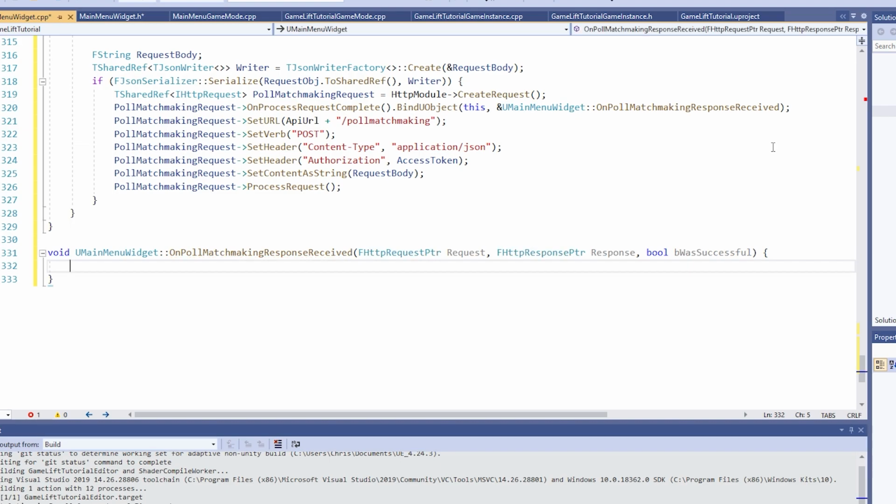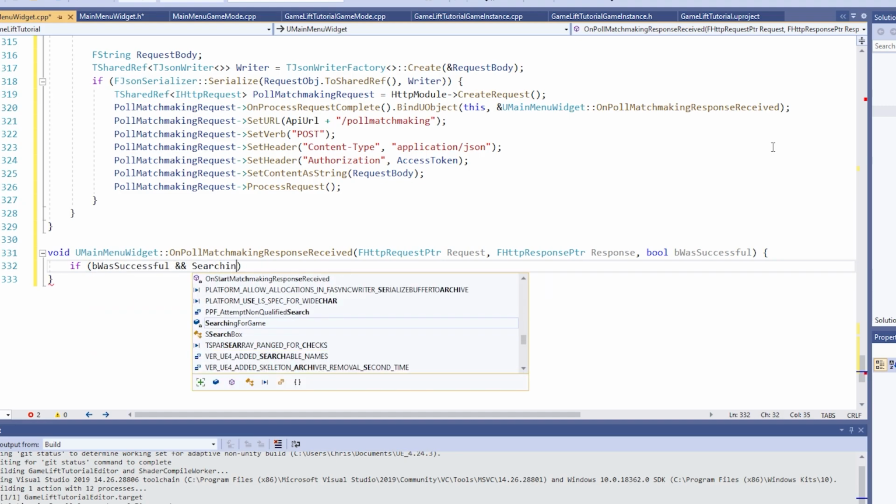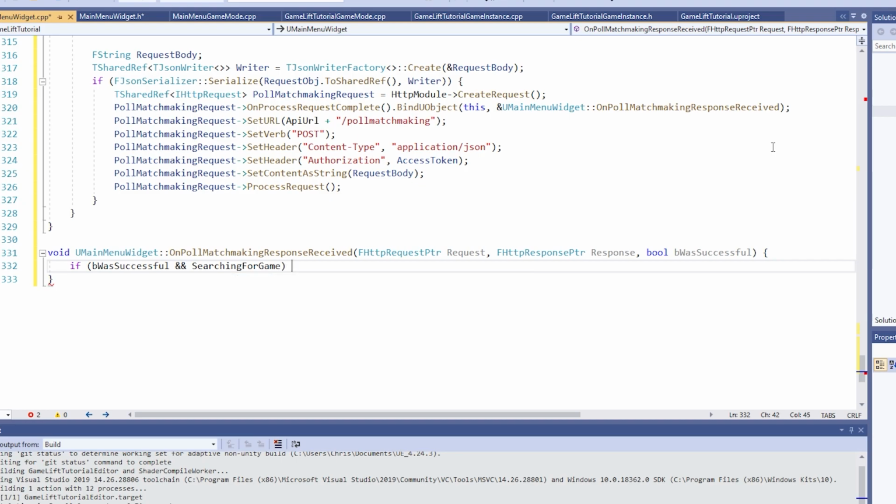And in here, let's not only check if the request was successful, but also let's check if the client is in the searching for game state by typing if in parentheses bWasSuccessful ampersand-ampersand SearchingForGame, and then